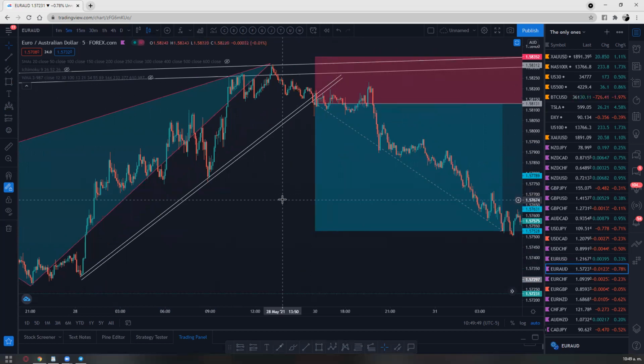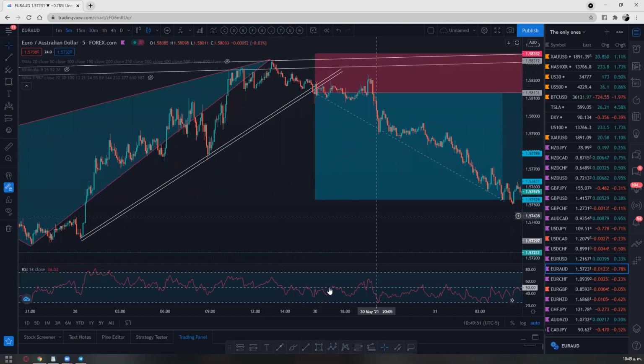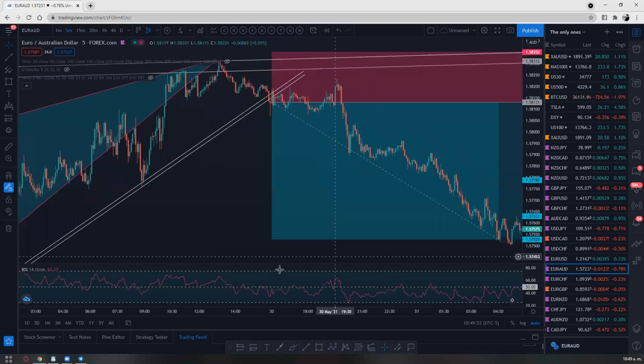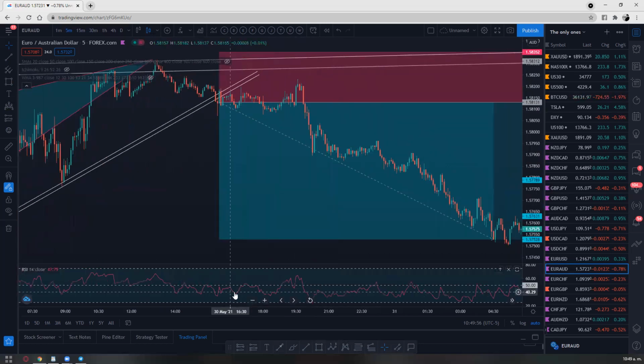Now, another indicator I use is the RSI. Whenever the price is below the 50%, I draw a line on the 50% on the RSI. So whenever the price is coming below the 50%, I know we're looking for sells. If the price is above, we're looking for buys. Usually it's an uptrend, and when the price is below, it's a downtrend. Okay? So the RSI is telling me, okay, go ahead and sell.